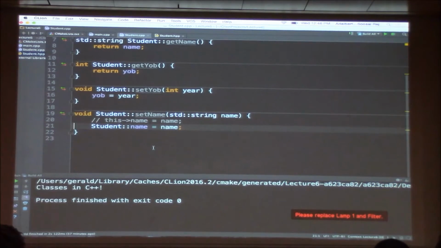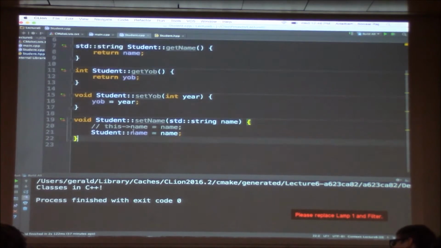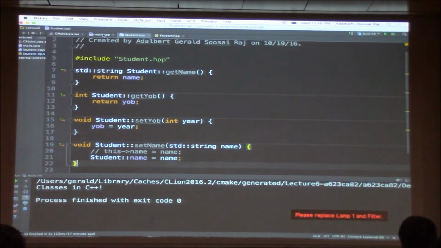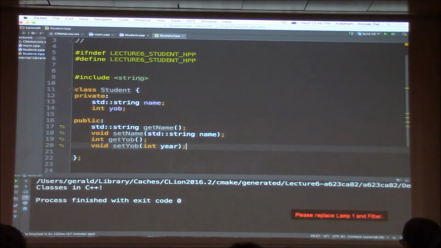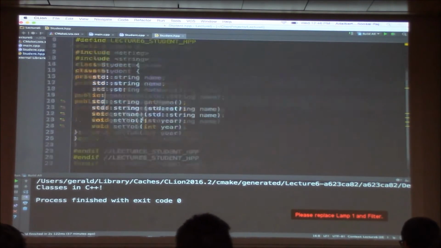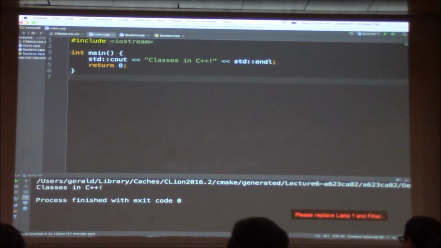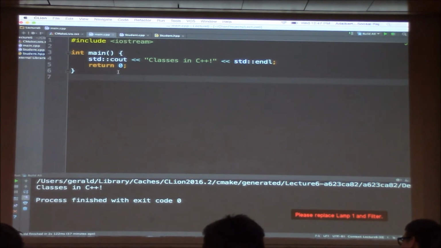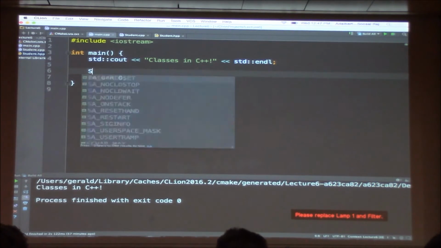So now with all these things set, now we almost have a full-fledged class. Let's go and see if we can create an object of this particular class. In main, now think we are switching our roles from an implementer of that particular class to a client of that particular class. By being a client, we will be creating an object of that particular class. Let's say